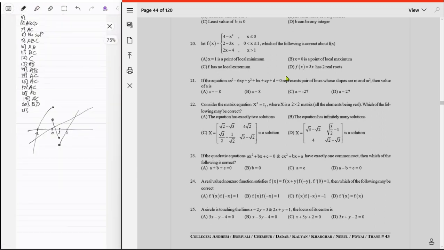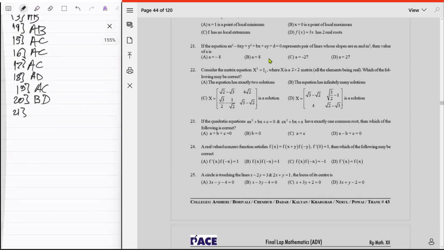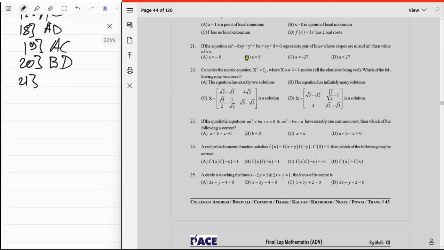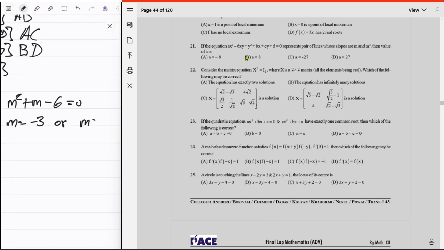21. I will have to draw a bit. Okay, 21. If this equation represents a pair of straight lines whose slopes are m and m square, and the value of a is, only the slopes are given and nothing special else, right? Okay, this is a square x square minus 6xy plus y square, and some linear factors? I don't care about that really. So what does this mean? You only have to look at the first 3 terms, so the addition of m and m square is like that, 6, so m square plus m minus 6 equal to 0. So m equal to -3 and m equal to 2, right? Okay,